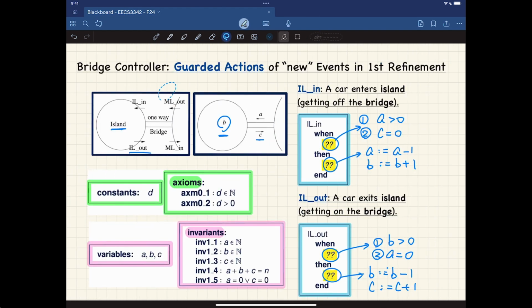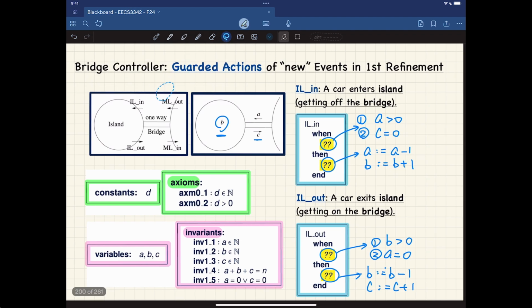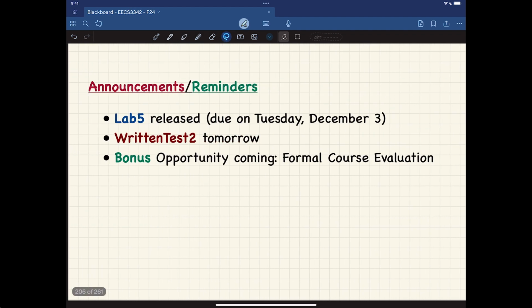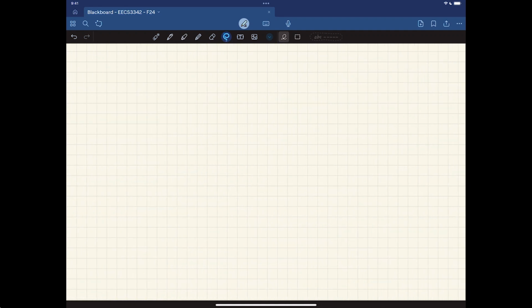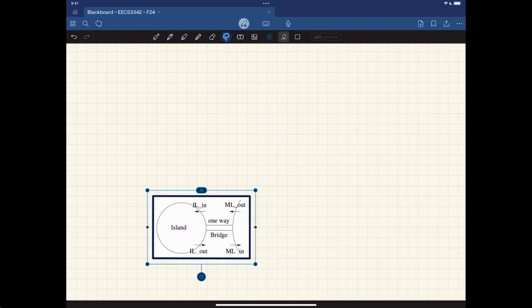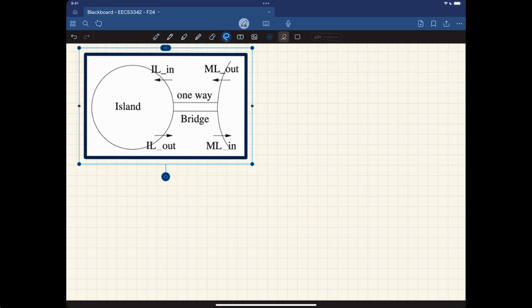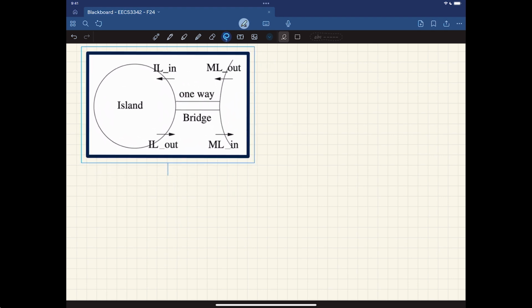There we go. The exercise I'll put in on a new page. All right, so this is a diagram, and the exercise will be